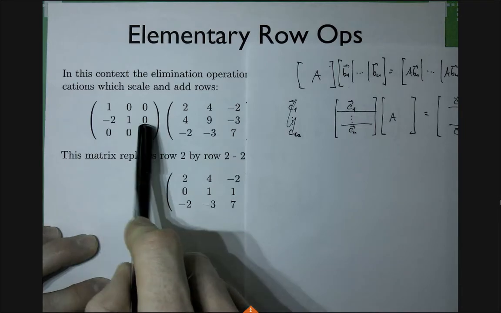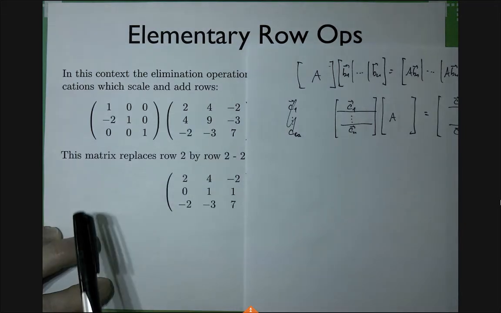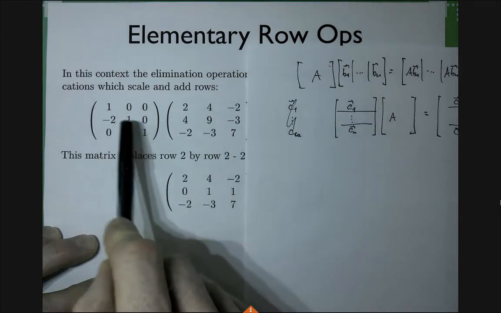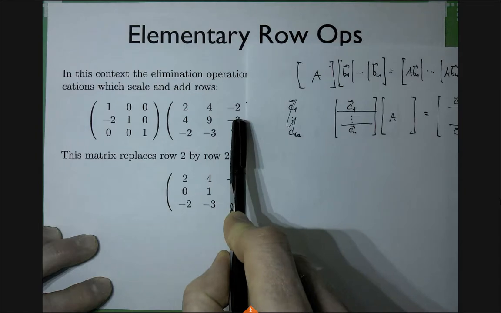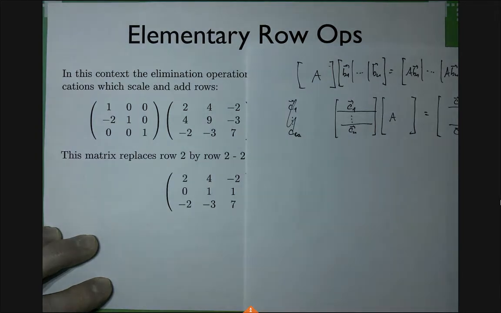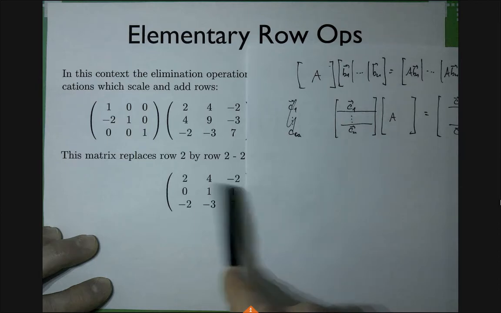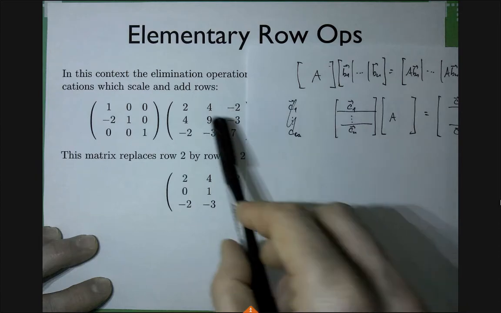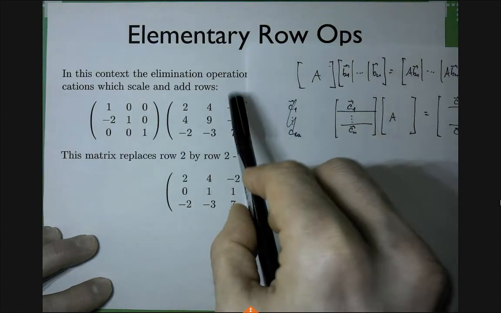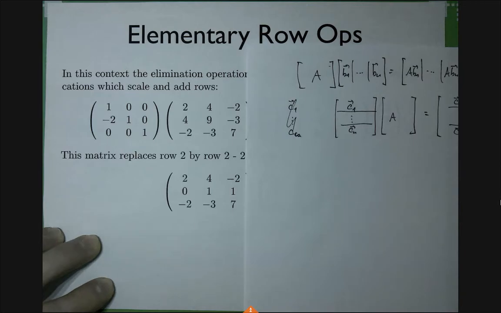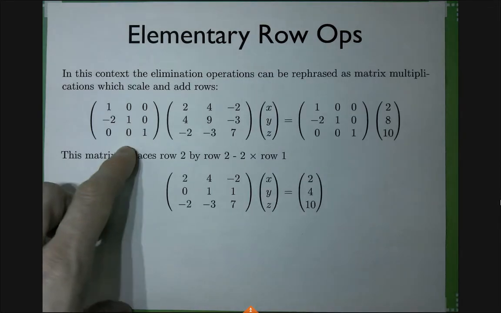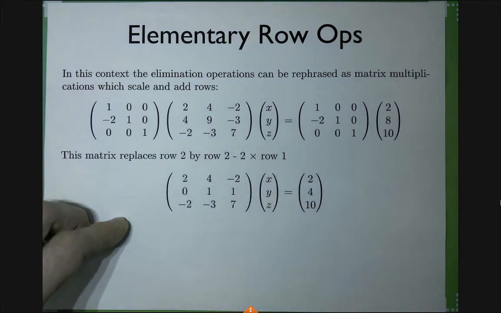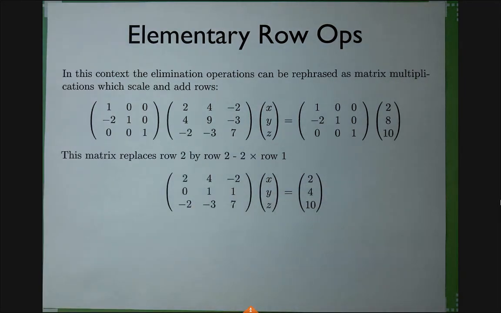If this row gets multiplied by this matrix, then that's when the interesting stuff happens, right? I get the first row multiplied by -2, and I add it to 1 times the second row. So that's the elimination operation. That's what I want. That's what creates this, right? Because -4 plus 4 is 0. That's why I'm doing it. -8 plus 9 is 1. And 4 minus 3 is 1. And then the last row, well, what does it do? Again, it just copies the third row of the matrix. Right? Everybody got it?